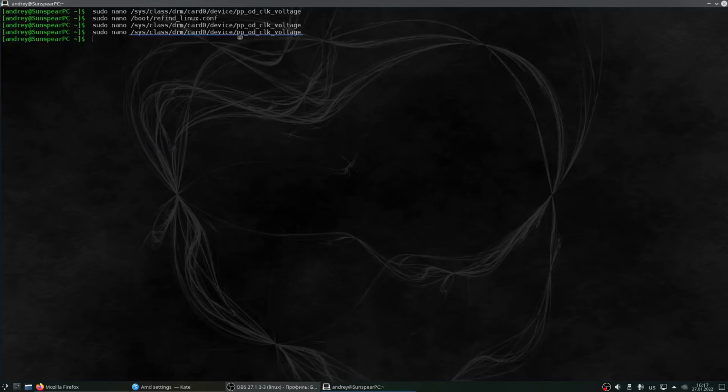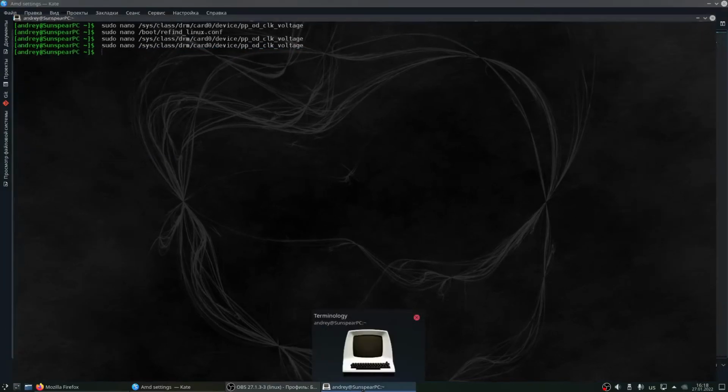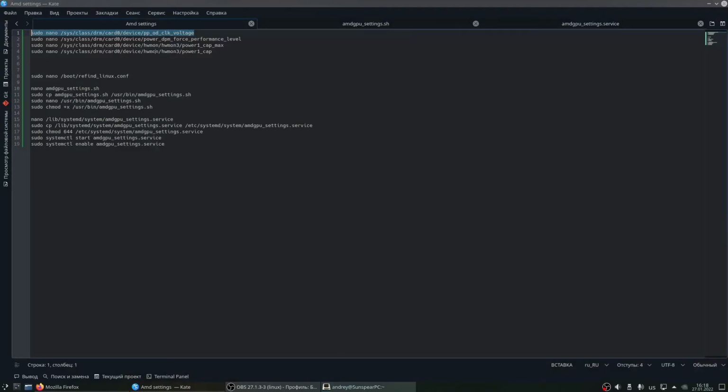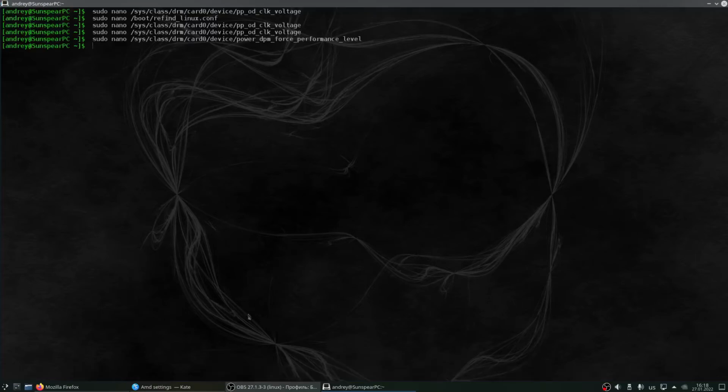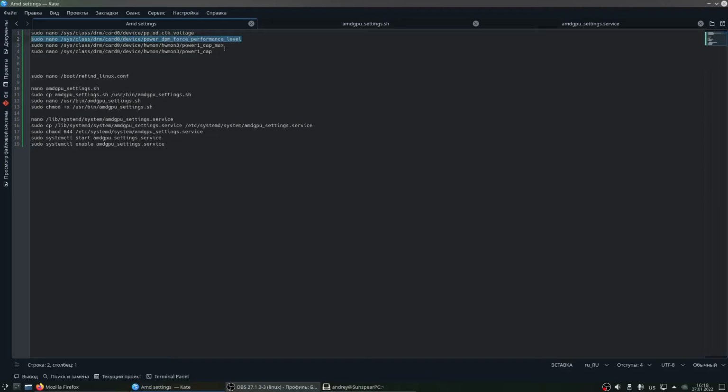Okay, this file stores voltages which are used by your GPU. The next file important to us is power_dpm_force_performance_level. This file stores the regime of work of your GPU, auto or manual. The next file is power1_cap_max.